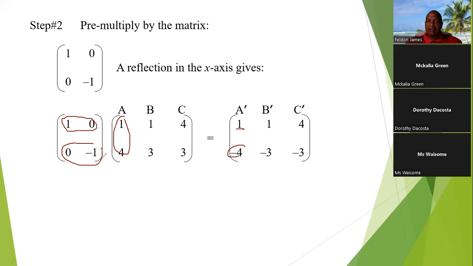So as a way of just observing what the result's going to be, you really don't have to go through the process of carrying out the multiplication. All you have to do is change the sign of the numbers down here. And how do you know when to change the sign down here? You look at